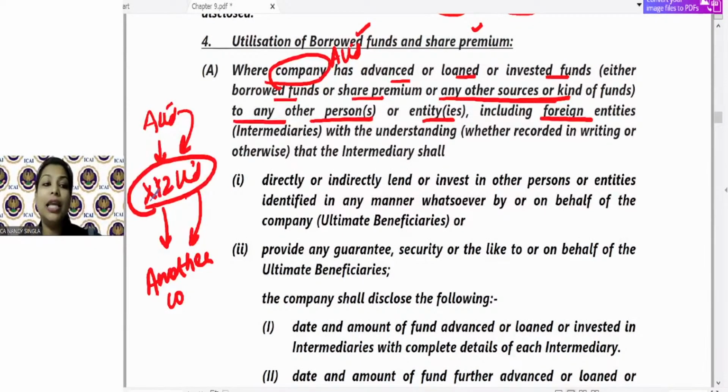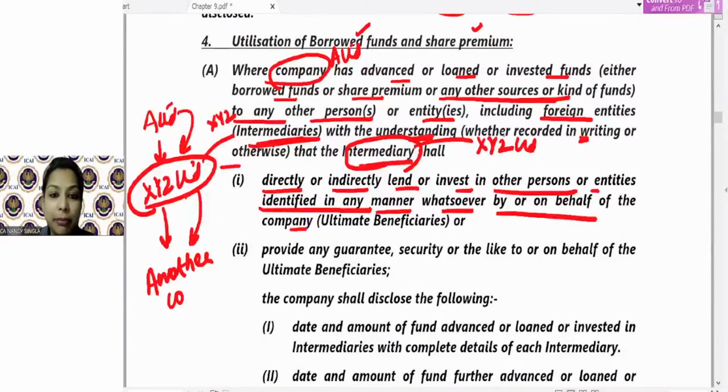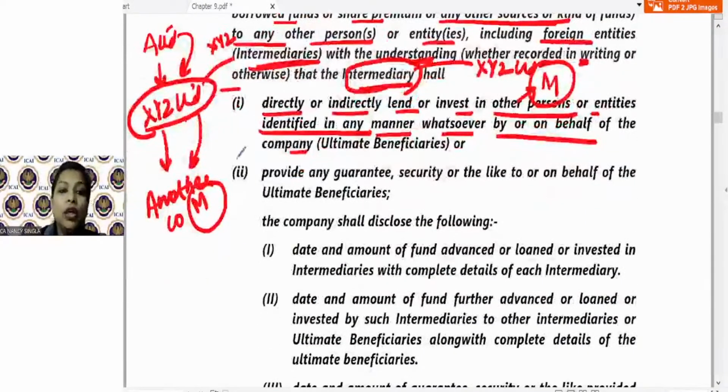Let's say A Limited ने XYZ Limited which is in Mauritius, इसको बोला कि ये लो हमारा पैसा और इसको आगे इन्वेस्ट कर दो, है ना, which is called what, intermediary। तो intermediary कौन है यहाँ, XYZ Limited, with an understanding whether recorded in writing or otherwise that the intermediary shall, that is XYZ Limited shall, क्या करेगा, directly or indirectly lend or invest in other persons or entities identified in any manner whatsoever by or on behalf of the company which is the ultimate beneficiary। other person कौन है यहाँ, चलो इसको लिख देते हैं M, है ना, कि M में इन्वेस्ट करना है, ठीक है। और to provide a